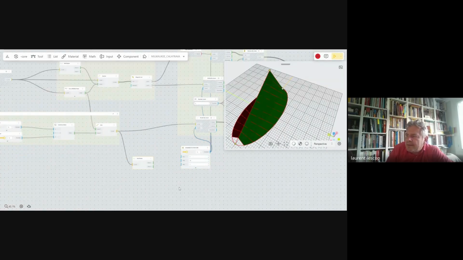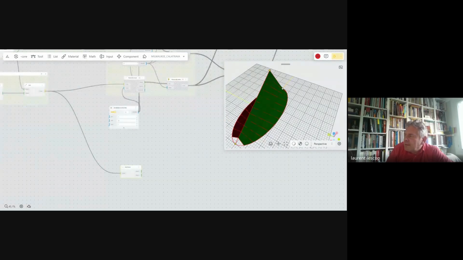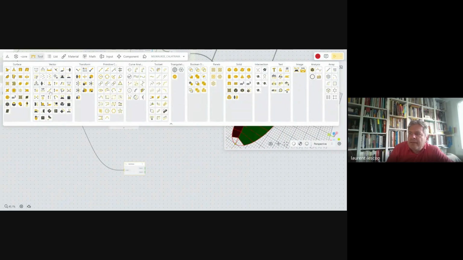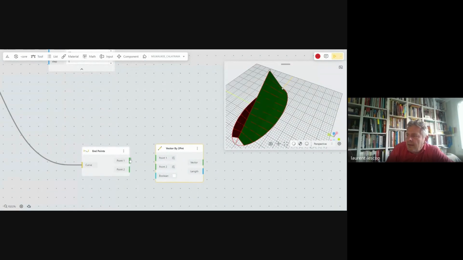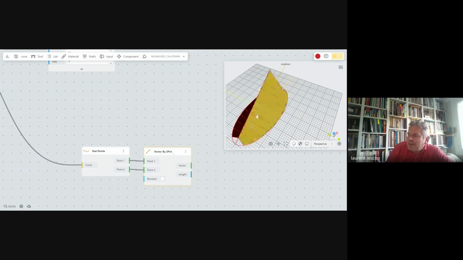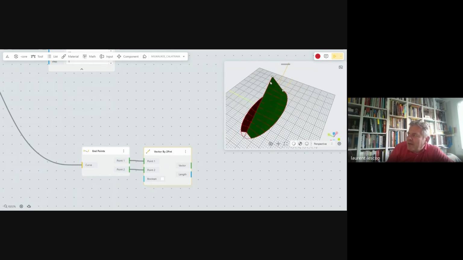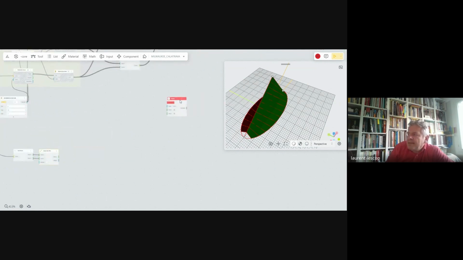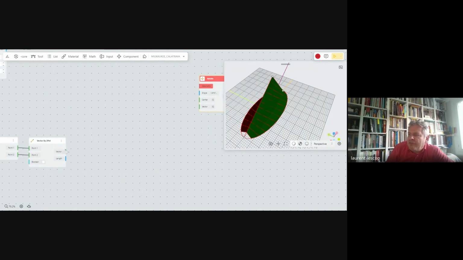The endpoints here. So I've got this one here and that one here. And from those two points, I'm going to create a vector from two points. And this is something I've got here. Vector by two points. So I put it here, right? The first point here. I think the orientation, if I've got some errors, it's because I didn't check if the vector is pointing up or down. We will see if it works. If it doesn't work, I just have to switch the points here. So great, I've got my vector here.